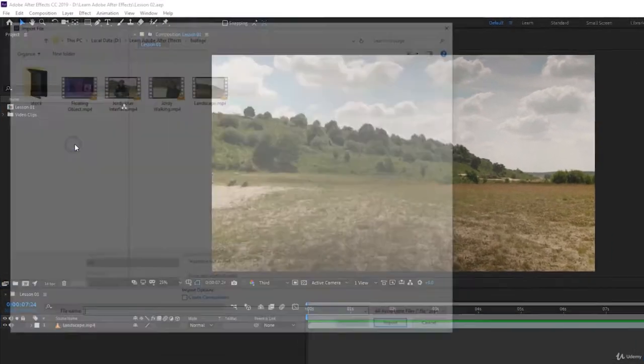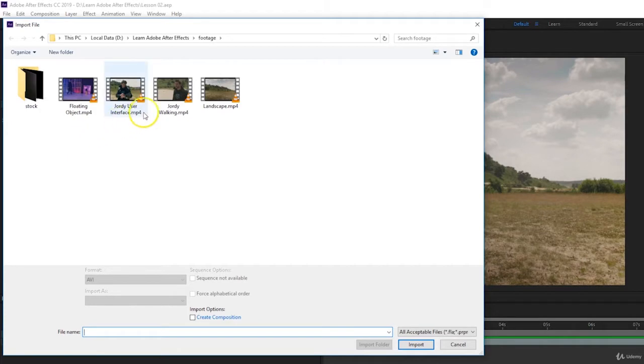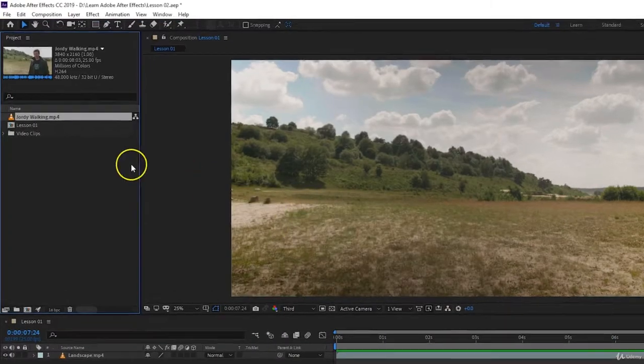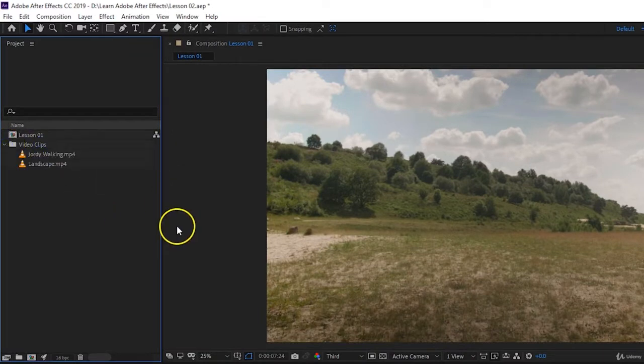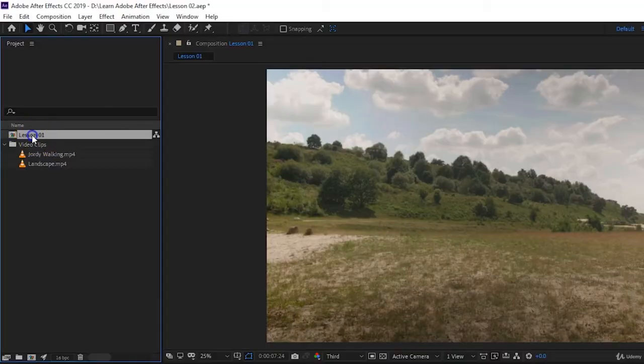I'm going to double click into my project panel again. Let's add here Jordy walking as well. Import, and like we talked about before, I'm going to drag this into the video clips folder to have everything a bit more organized. So the composition has already been made from the previous lesson. It sits right here. It's called lesson 1, but right now we are in lesson 2, so let's rename that